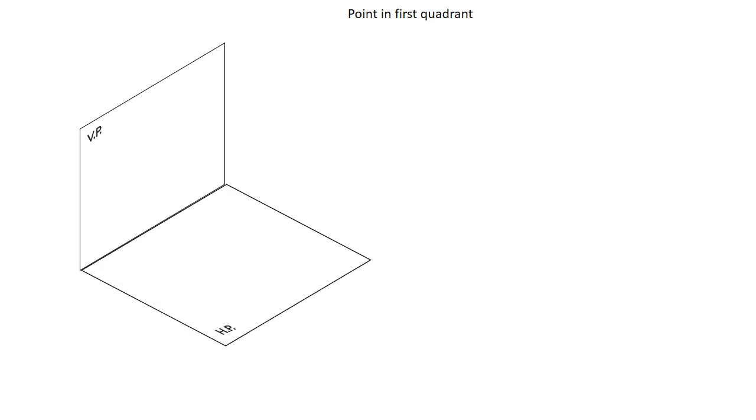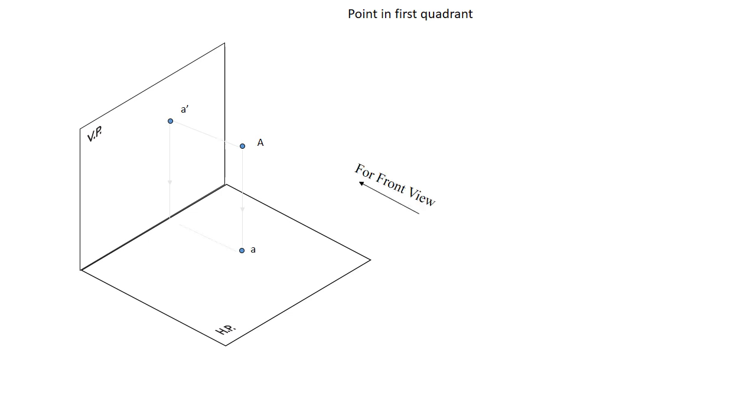This is the first quadrant. Let us see, point A is here and it is represented by capital letter A. We can look at this point A in two different views, front and top. For front view we have to see from the front side, for top view we have to see from the top side. Then we get the projections like this. This is the front view, always denoted by a dash letter, A dash. Top view is always denoted by the single letter A.